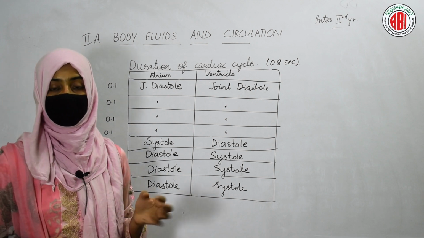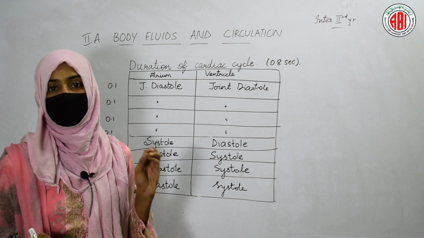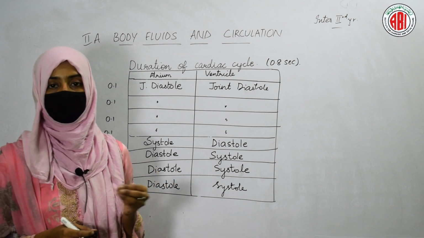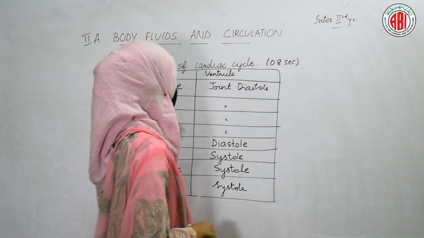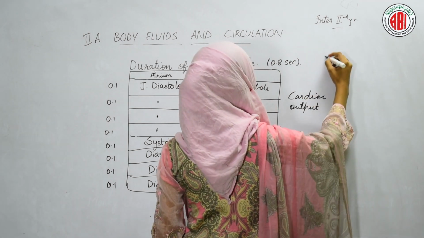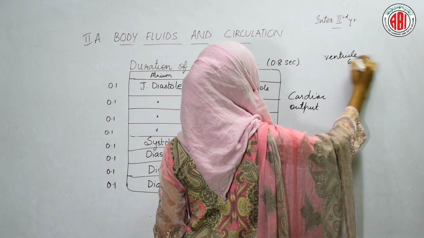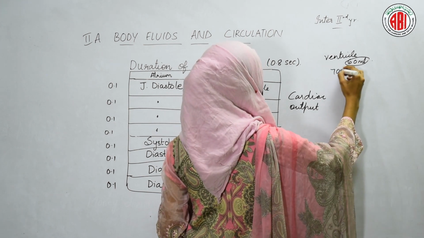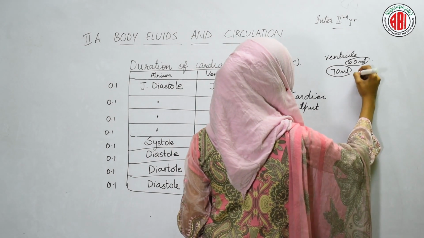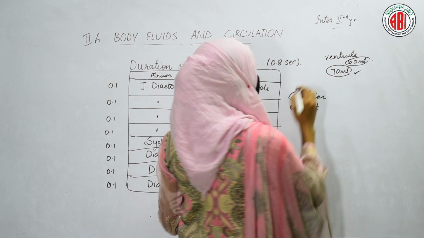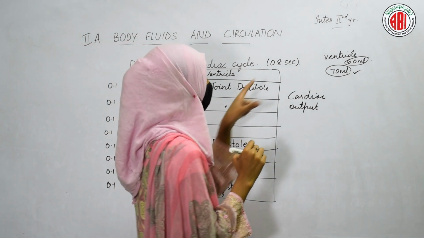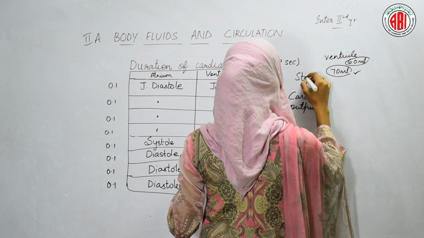So in a minute, the cardiac cycle can happen 70 to 75 times. It can complete 70 to 75 cycles within a minute. Based on this, you can even calculate our cardiac output. We know that in the ventricle, 60 ml of blood is always present, and 70 ml of blood is received from the atrium, right? So the 70 ml of blood is the volume pushed from the atrium into the ventricle, and we call this volume the stroke volume.